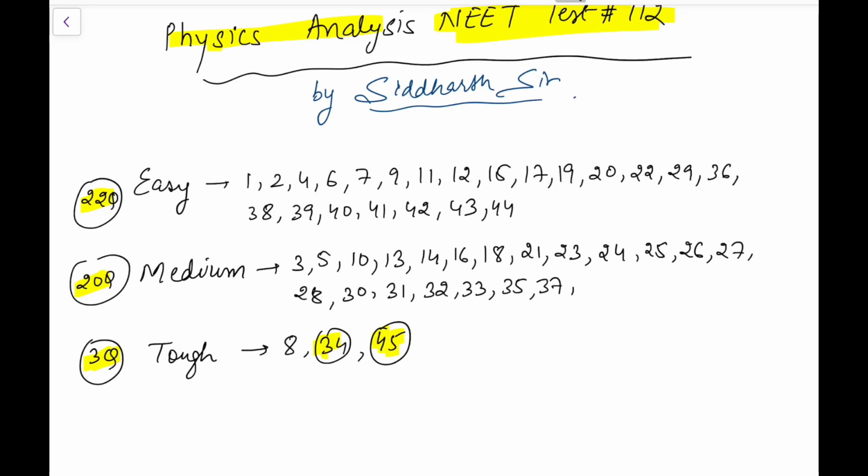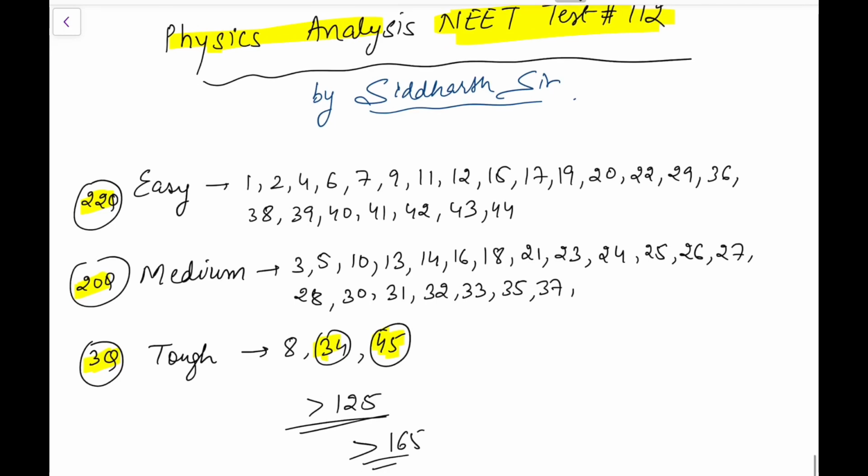So as per my logic, 22 and 10, if I take 32, that means 120 or 125 would be the par score here. And if you're doing very good, you should get 160, 165 plus, because the questions are not that tough if you have practiced. There are some good questions on rolling and other things, but still getting 120 or 115 is not a tough task in this paper. So this was today's analysis.